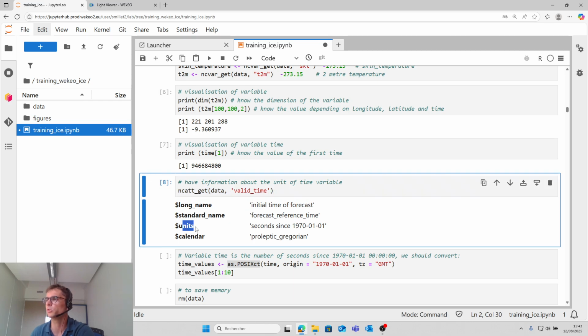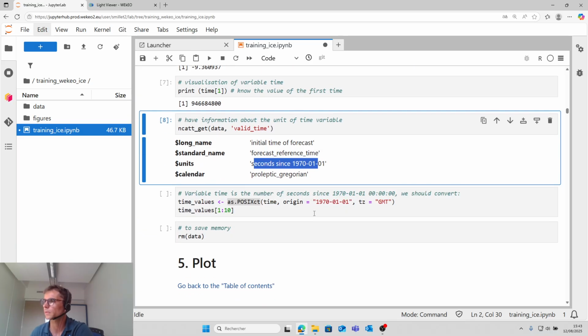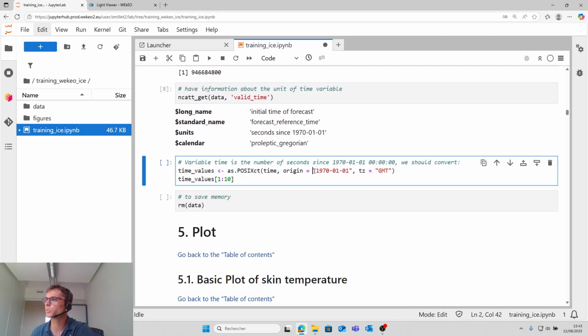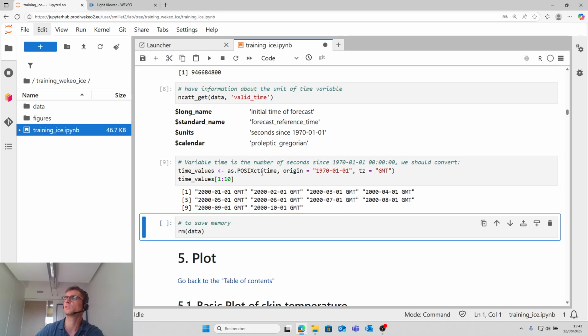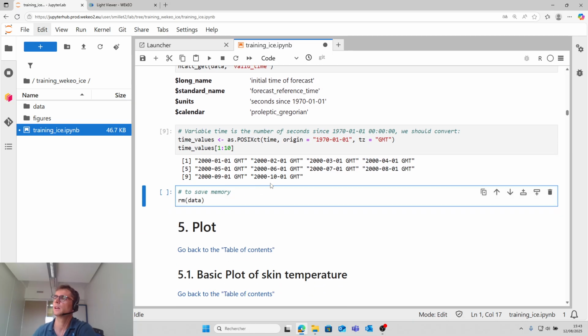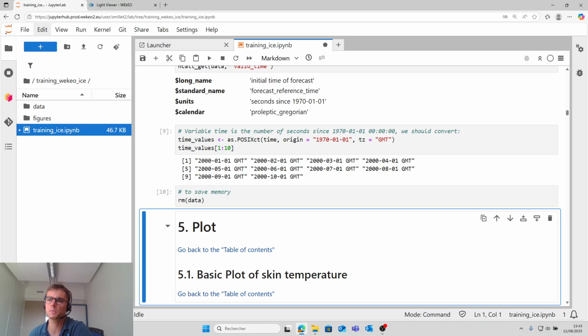So you have the unit here. It is seconds since January 1970. So you can put the units here, and you can see now the time value. It is a date, not a number. Here it is to save memory.